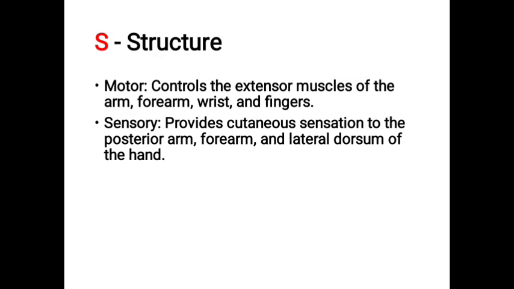If you have to write about the radial nerve, try and draw a sketch of the structure of the radial nerve. It will give you 3 points in your exam. Now, the radial nerve's motor supply controls the extensor muscles of the arm, the forearm, the wrist, and the fingers. And the sensory supply is that it provides cutaneous sensation to the posterior arm, forearm, and lateral dorsum of the